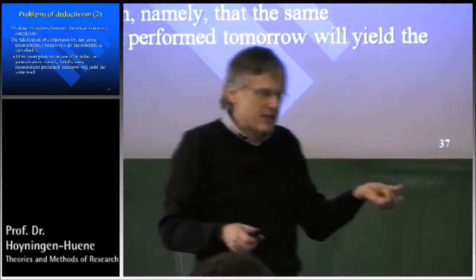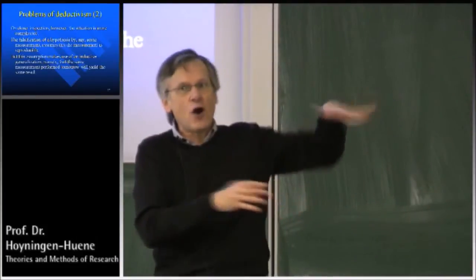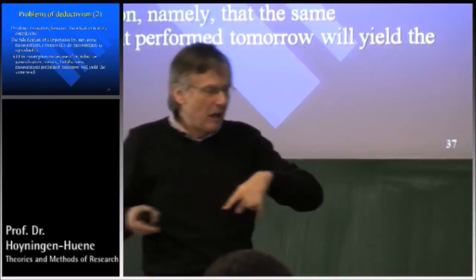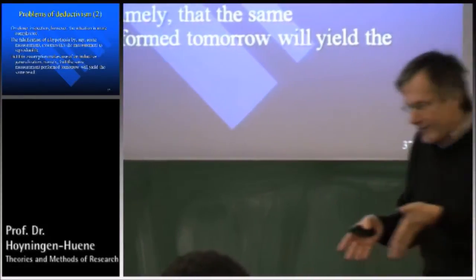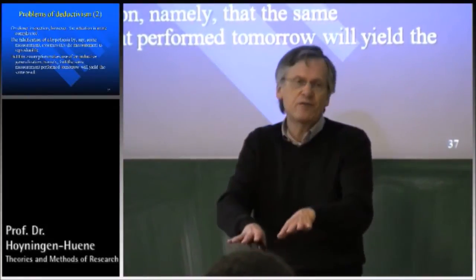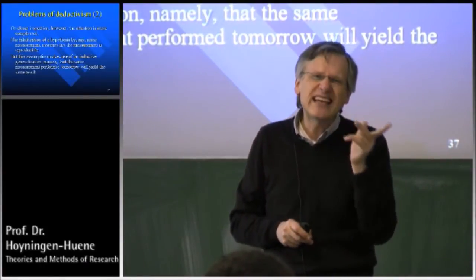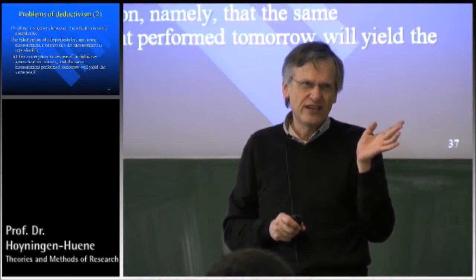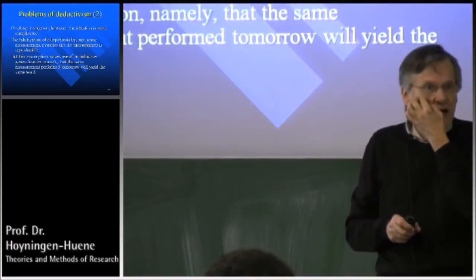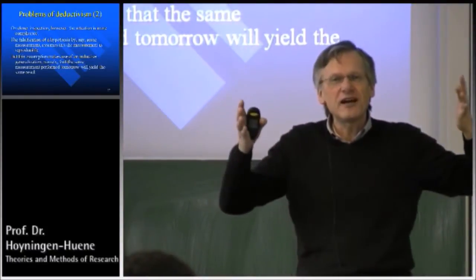So the problem is that we wanted to avoid inductive generalization by saying, oh, we exploit the asymmetry between falsification and verification. But if you look at it closely, it shows that even in falsification, beneath the surface, because you have to postulate reproducibility, there is again inductive generalization. So we didn't get rid of the problem of inductive generalization. And that's an insight that's, of course, not so nice. I mean, we started with the attractiveness of deductivism by saying, yes, it avoids the problem of induction. Wonderful.